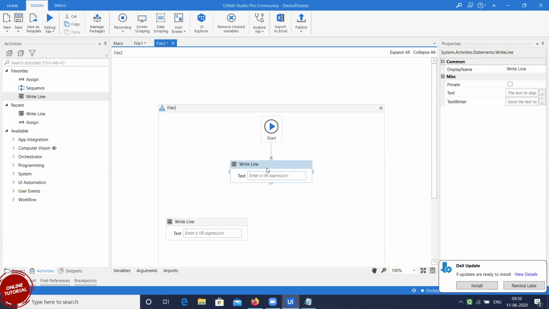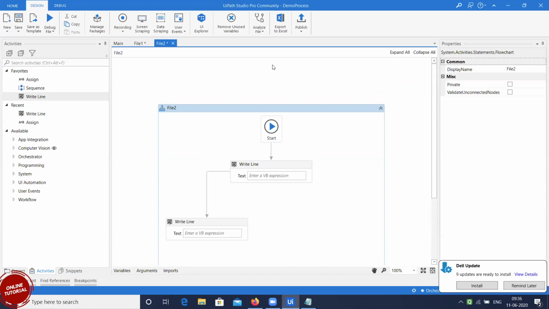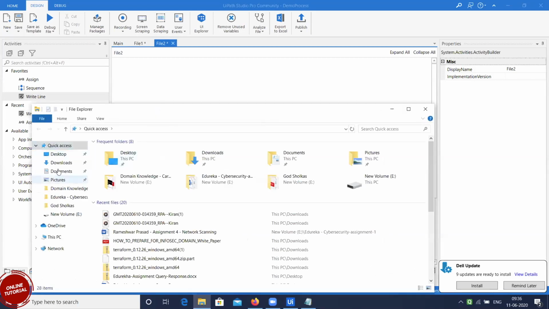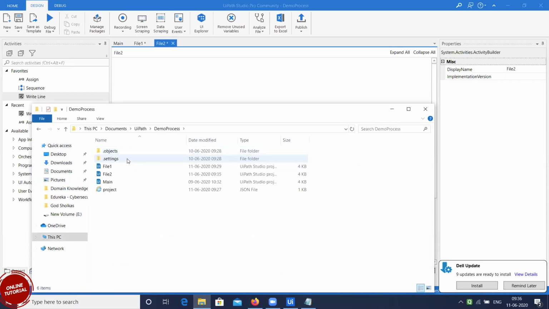I think the question was, can we call a flowchart from somewhere else? Let's assume any business processes that have already been done in an organization. Can we call out the processes from there and bring them here? You can call anywhere. In fact, that will become our library again. If you're calling an organization process that somebody else has designed for you, you can simply come here, place that file, and you can access it. Suppose this is your process. Suppose you have one more file designed by your friend.